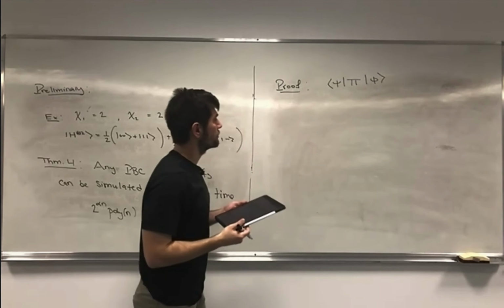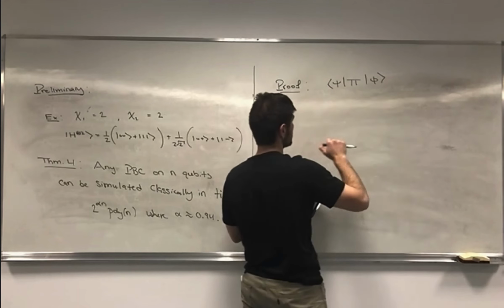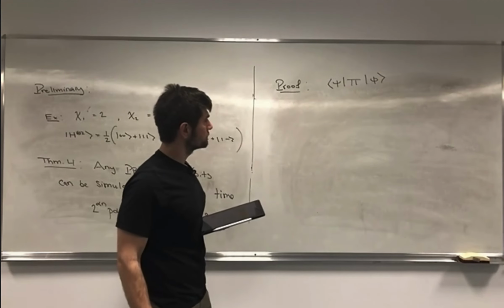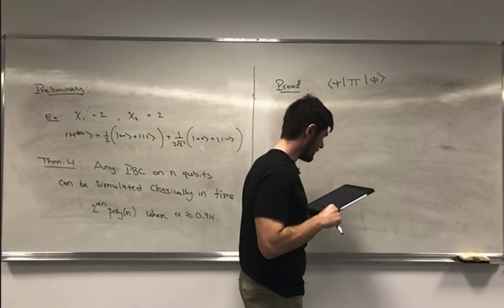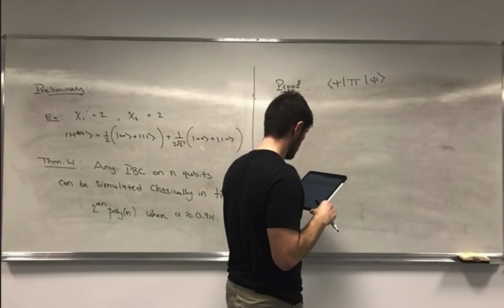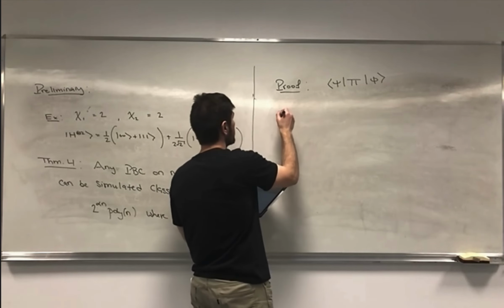Say I have two quantum states, psi and phi, pure states. I want to compute this inner product, and then we'll take it from there. So there's a couple of things that we need to introduce. First,